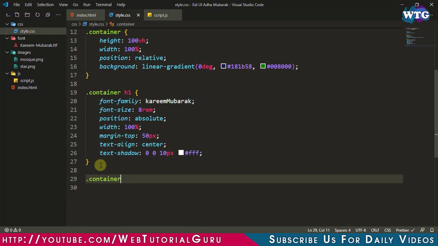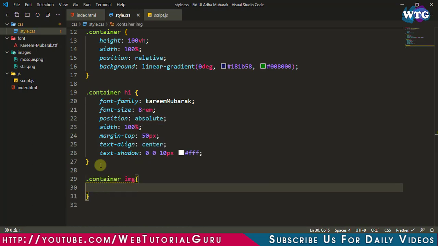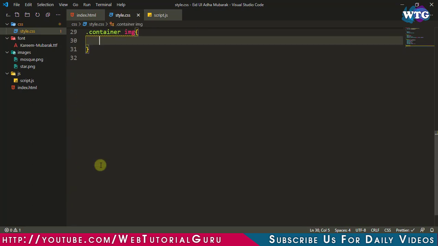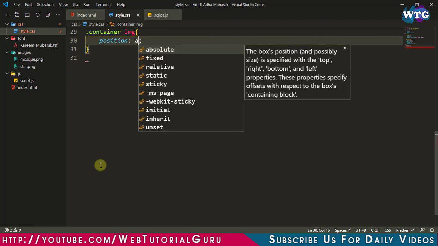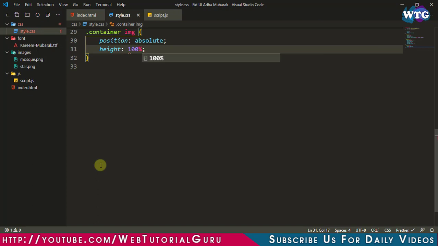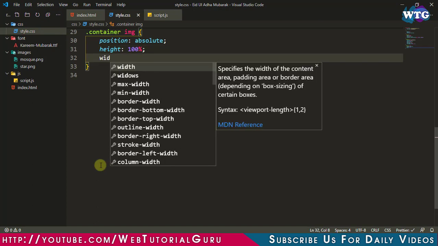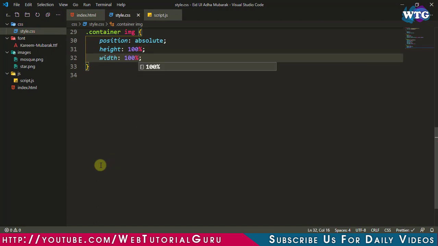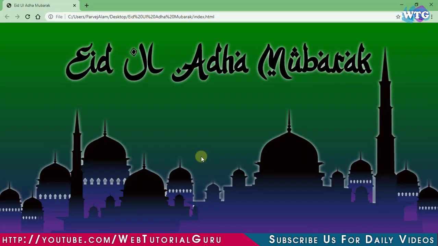Now let's add the selector. Position absolute, height 100%, width 100%. Now let's refresh. Now I think it's looking good.